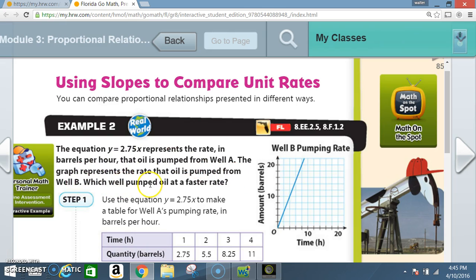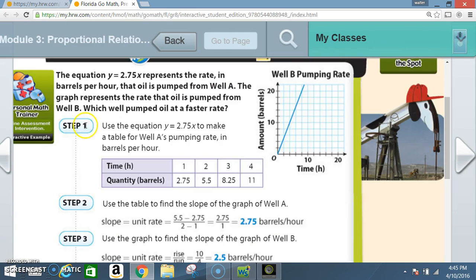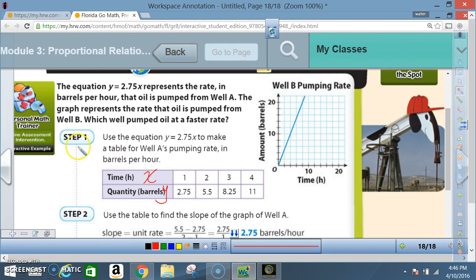Which well pumped oil at a faster rate? The equation or the graph? Step 1. Use the equation y equals 2.75 times x to make a table for well A's pumping rate in barrels per hour. All right, so what we're going to do is